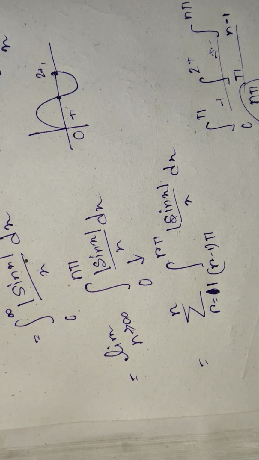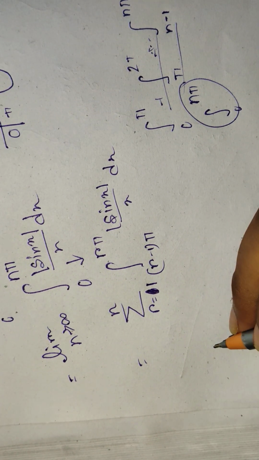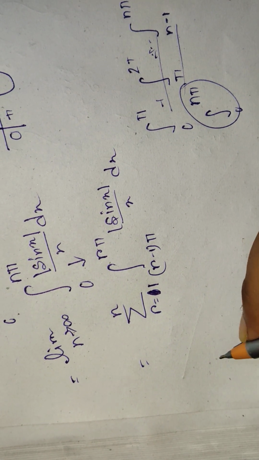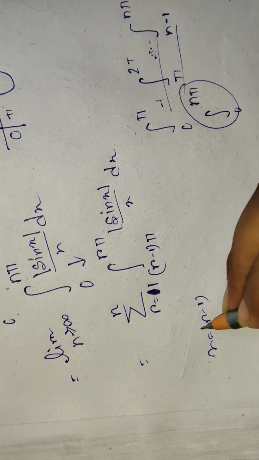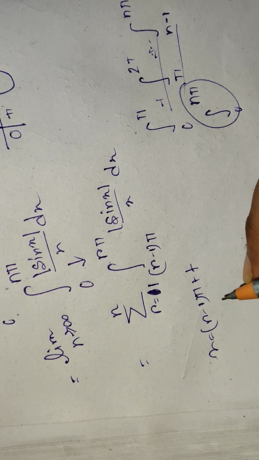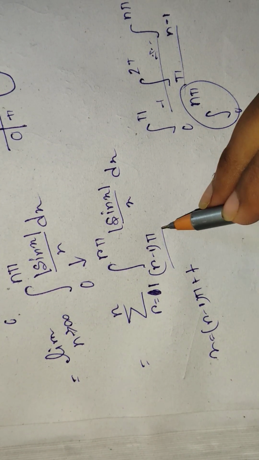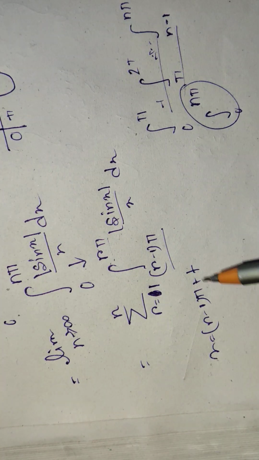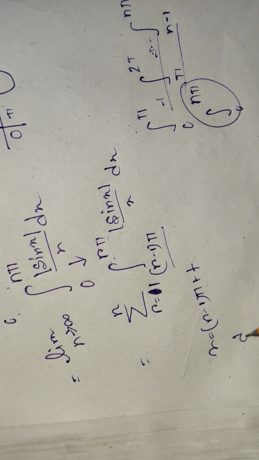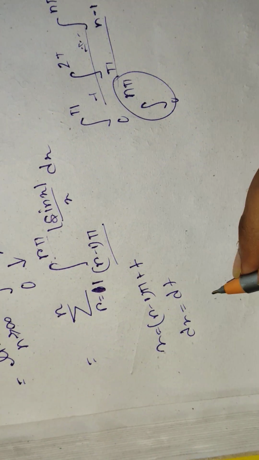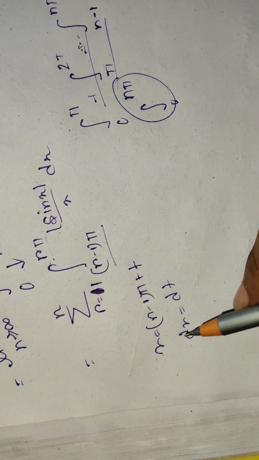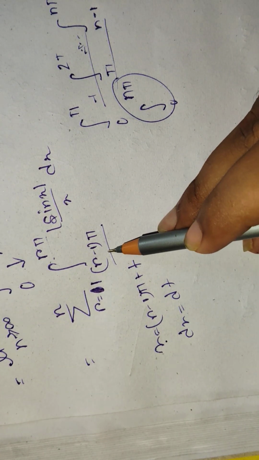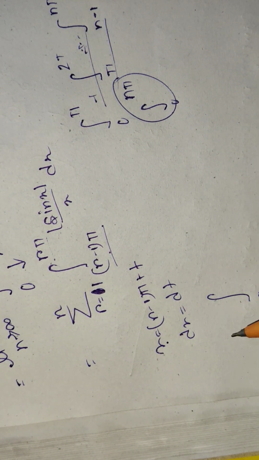Now let's take a substitution: x equals (r minus 1) pi plus t. And why are we taking this substitution? Because we have to make the lower limit 0 and the upper limit pi, and this is the only approach. Now dx equals dt, and what will be the limit? If we put x equal to this, then the limit will be 0 to pi,